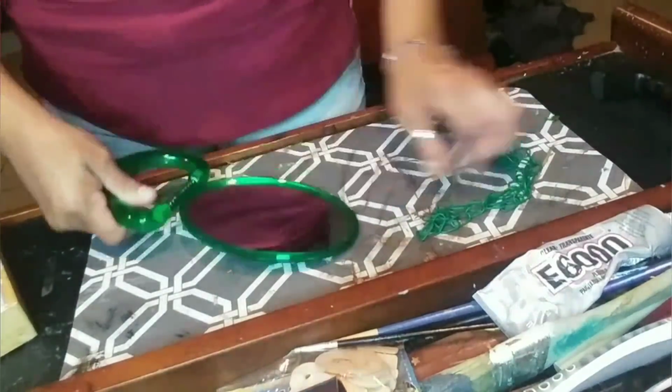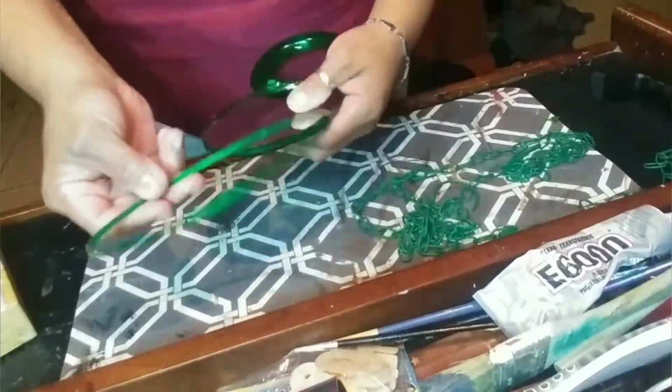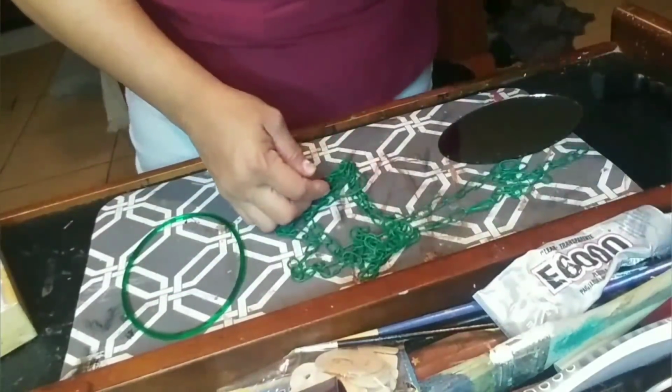Today's video is going to be pretty simple. We're going to make a dupe of something I saw on the Anthropologie website. It's 3 mirrors hanging up